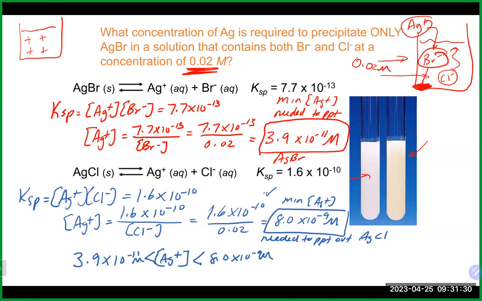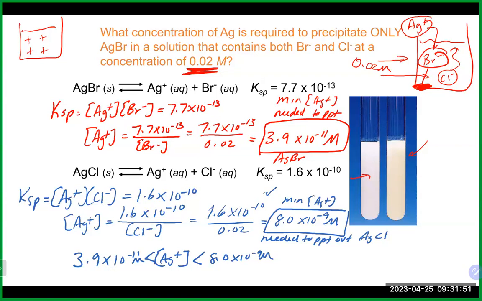Only precipitating out the bromide. It would in this example, right? Because if it's less than 8 times 10 to the minus 9, but higher than 3.9 times 10 to the minus 11, that's plenty to get it to precipitate out, right? Yeah. You would,